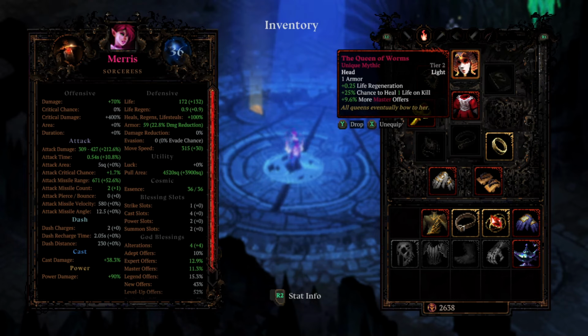So this thing is incredibly powerful. You get 0.25 life regen, 25% chance to heal 1 life on kill, and 9.6 Master offers. Obviously, Master offers is one of the most powerful things for Darkness 100 in the game. 25% chance to heal 1 life on kill is just quietly also one of the most powerful defensive stats you